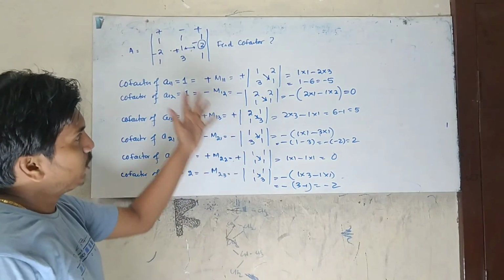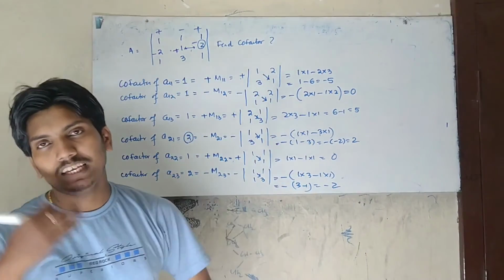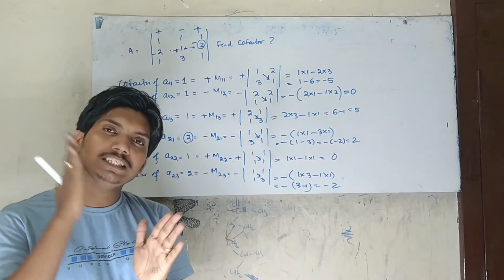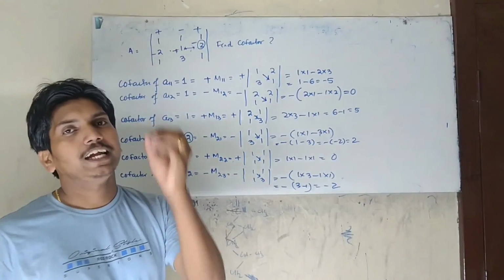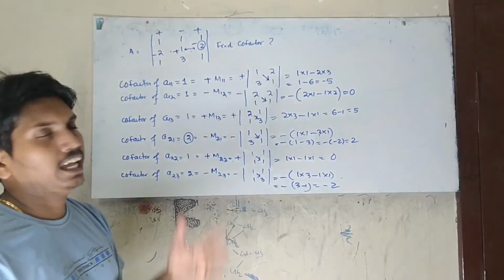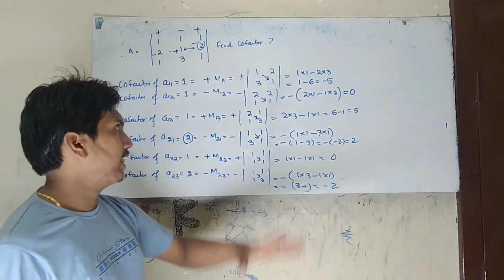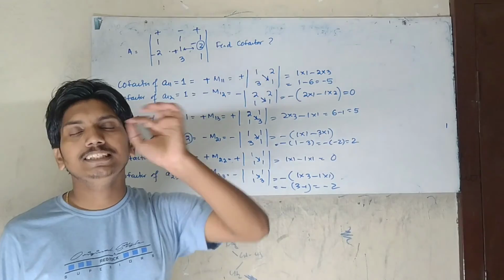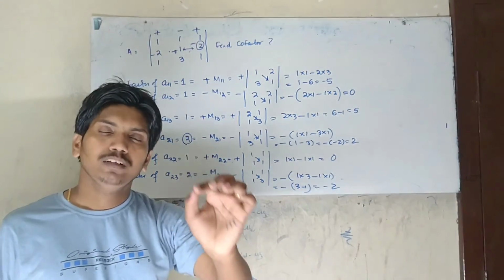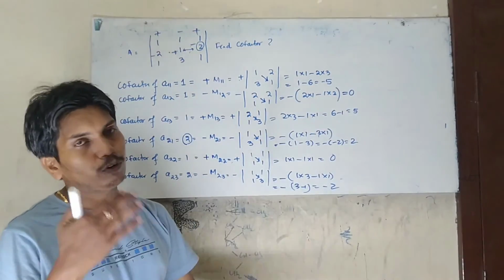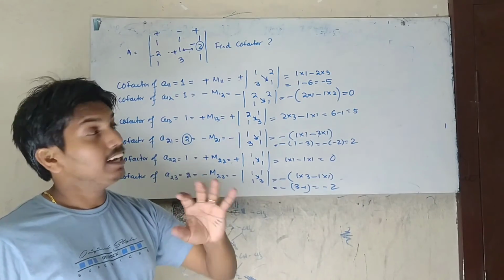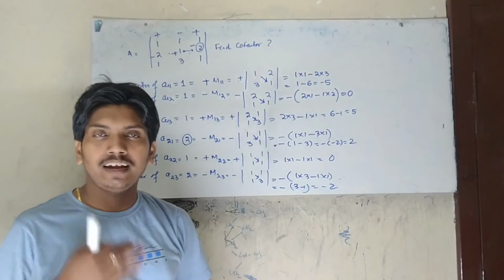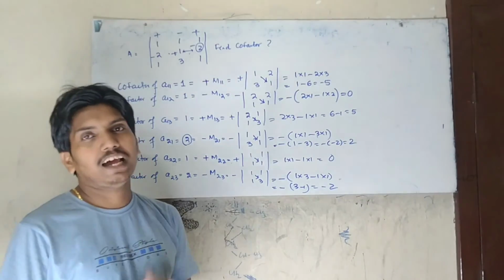Okay, I think you understand this cofactor in a very simple way, and the very easy trick is how you find out the minor and use the appropriate sign; then you can easily get the answer of this cofactor. And definitely this question comes every year in the board exam. So kindly watch this video again and again. If there is any doubt, you can ask.